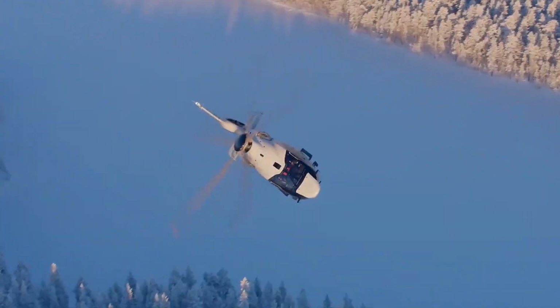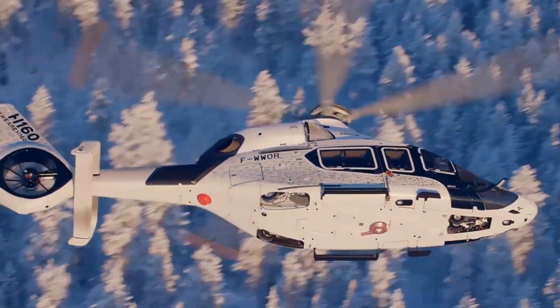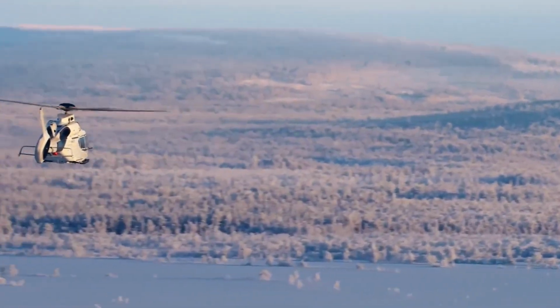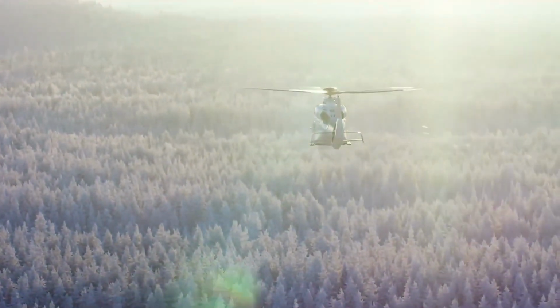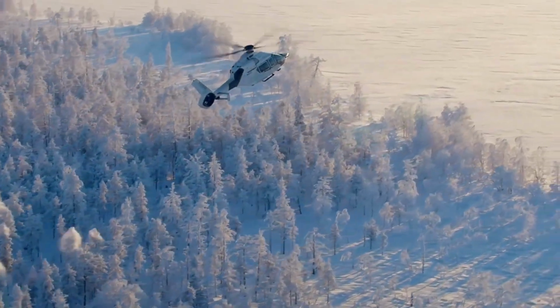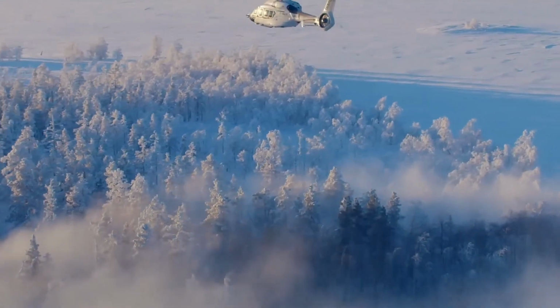From its humble beginnings as a concept born of visionary ideas, to its current status as a preferred choice across diverse operational fields, the Airbus H160 represents the future of flight. It is a result of passion, precision, and a deep understanding of the needs of modern operators. Every rotor turn, every flight hour, and every mission completed is a testament to the power of engineering excellence and human ingenuity. As you look skyward,